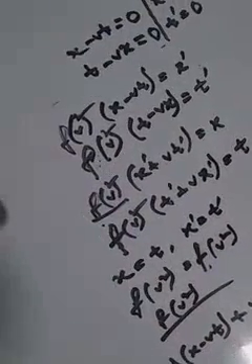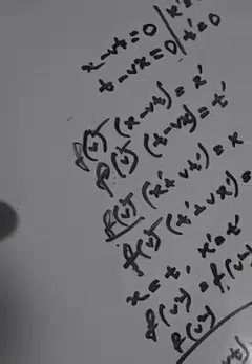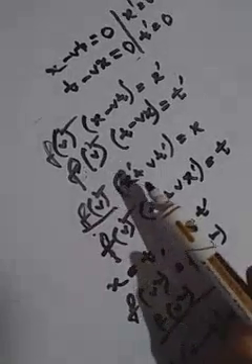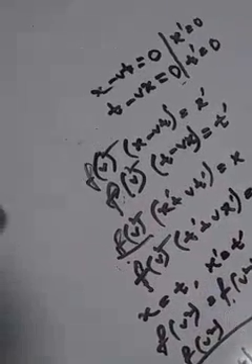Okay, so what does that give? f(v²) x' equals x', and then f(v²)(t − vx) equals t'. Now this, f(v²)(x' + vt'), gives us x. Okay, this gives us x. Then